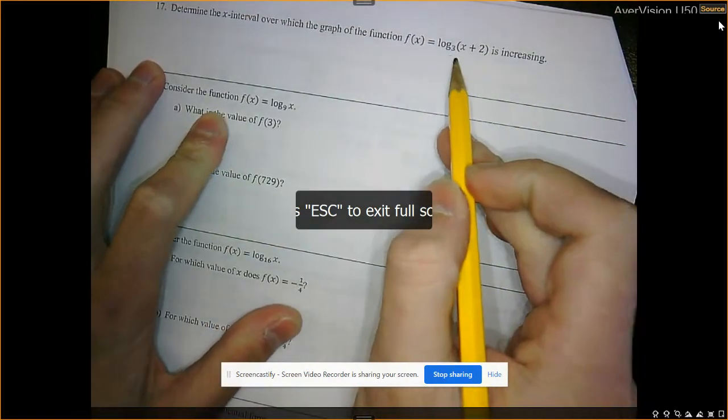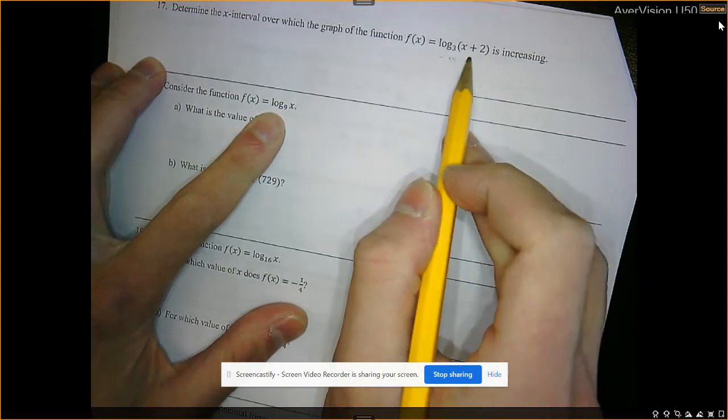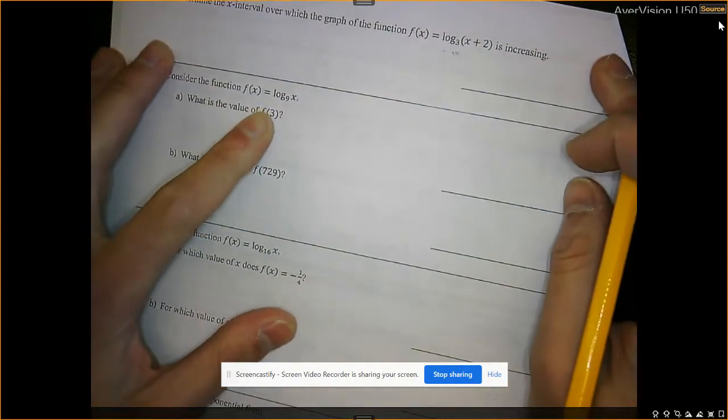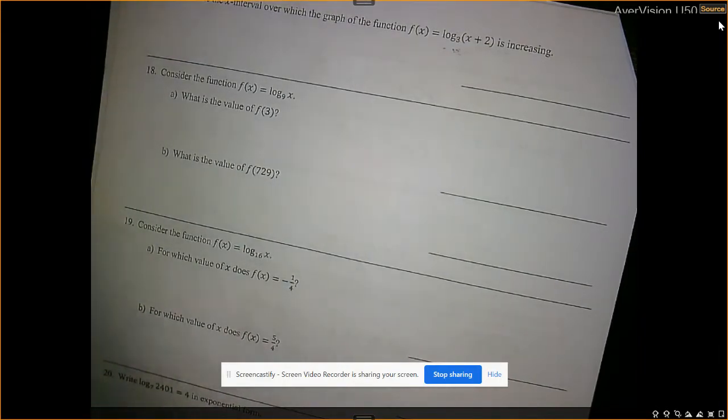So here we have determine the x interval. Same thing. Plug this into your graphing calculator. You have log base 3 of x plus 2. Determine where it's increasing. You could use your graphing calculator. Otherwise, you could realize that,